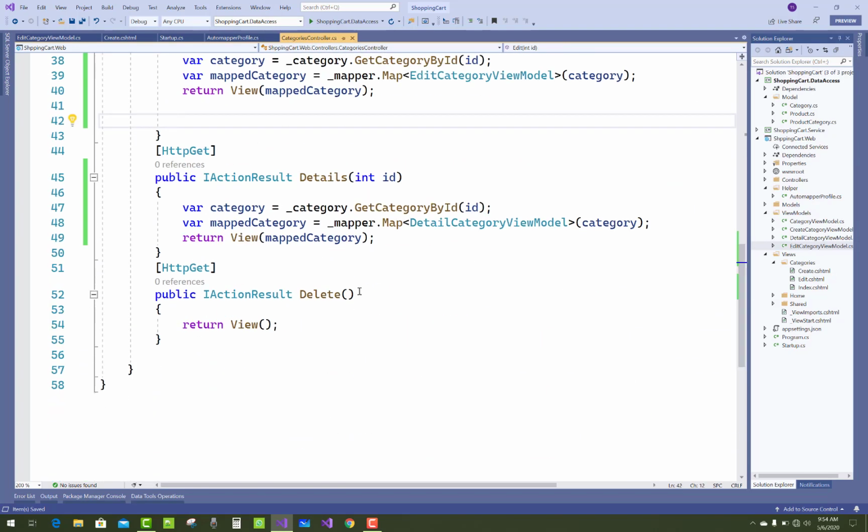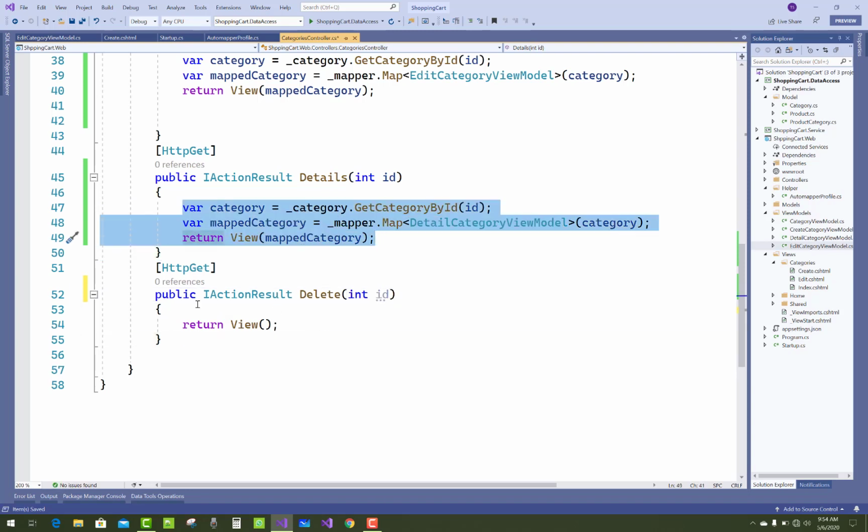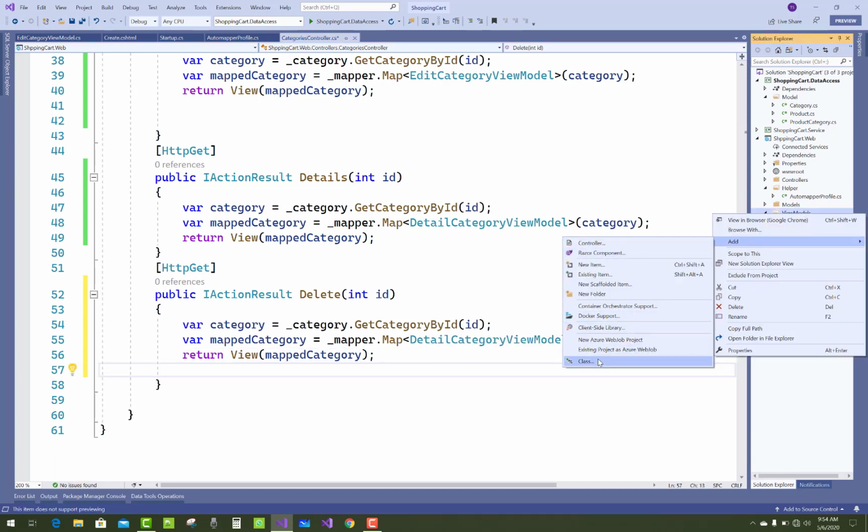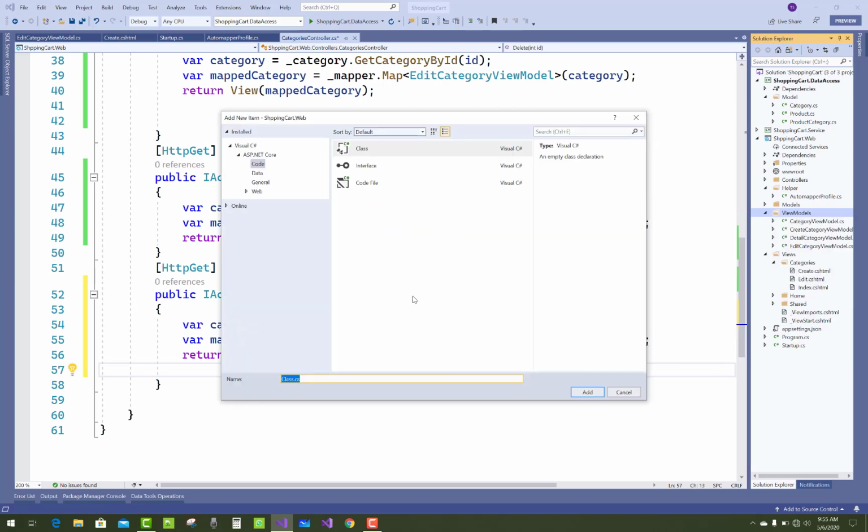now in the delete section also you have to pass the ID property in the get section of the delete. So just copy and paste and add a new class in the view models for the delete, delete category view model.